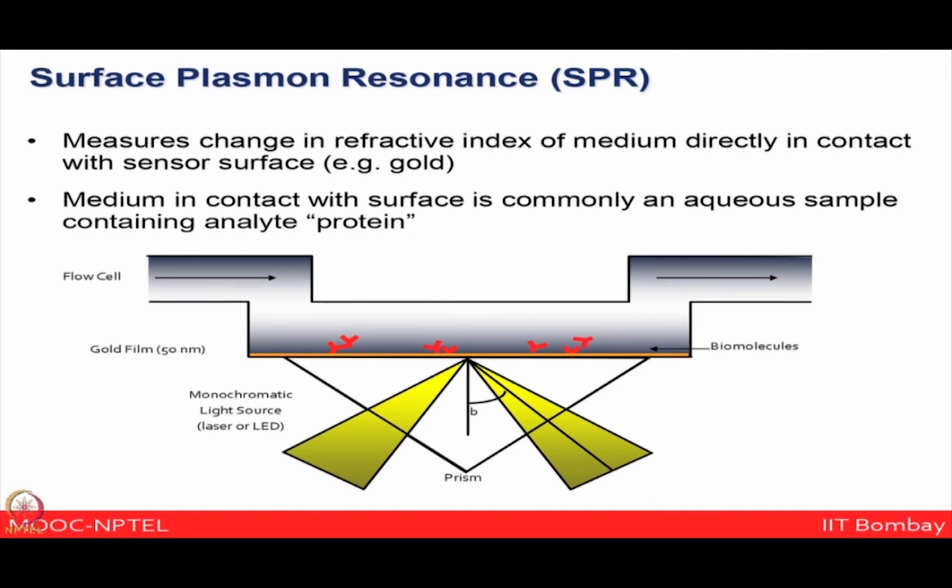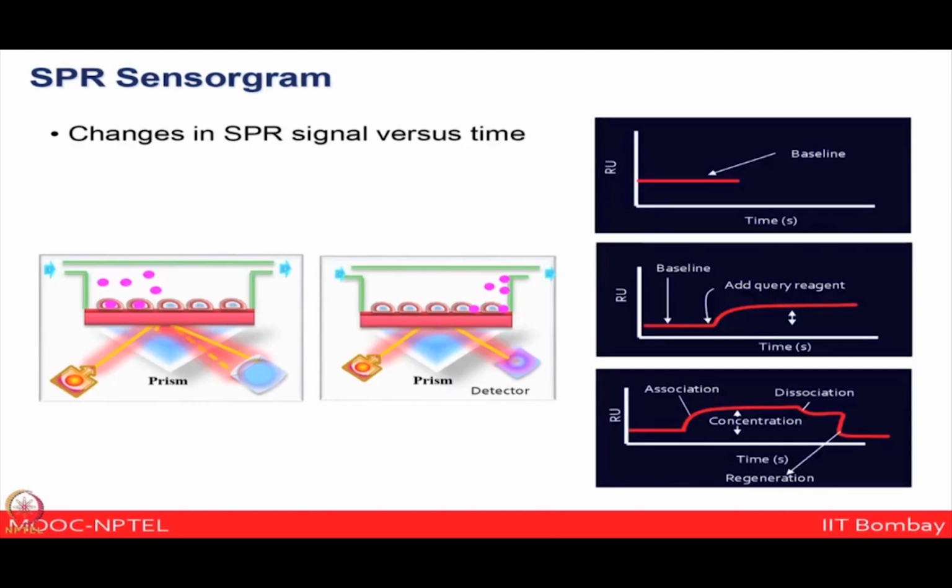So, if you now look at what you obtain from this kind of experiment, initially you have a straight baseline. You are now measuring the sensorogram, which is response unit versus time scale. The baseline is very straight, and after a binding starts happening on the chip, you will see the on rate, and then you keep flowing the buffer, so that the molecules can now dissociate, and that will come under the